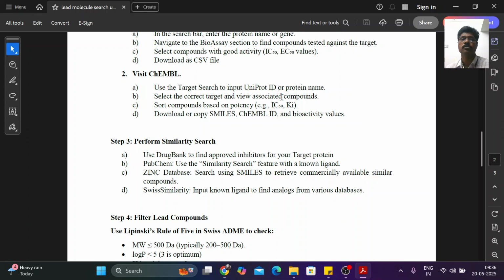Then select the associated compounds. With that, you can also sort the compounds by using IC50 and Ki. Ki is the inhibitor constant. That should also be very low, right? So if the drug inhibits in a very small amount with respect to concentration, it means a good